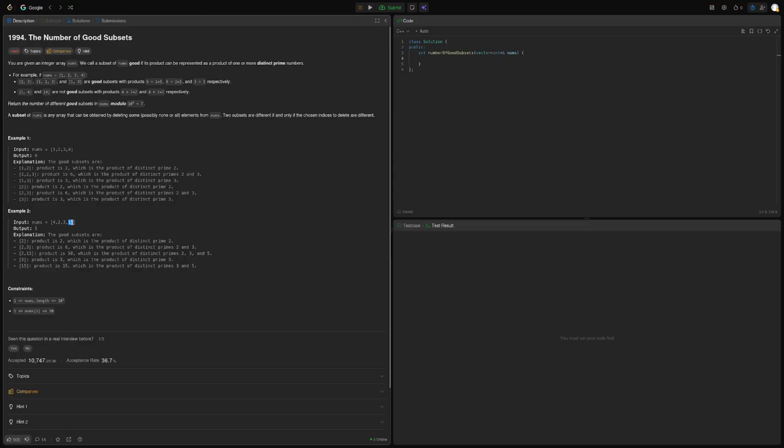We don't add anything extra to the previous answer if this is not even a good number. If it already has 2 equal primes, then we don't do anything. So let's start with coding. Okay, so